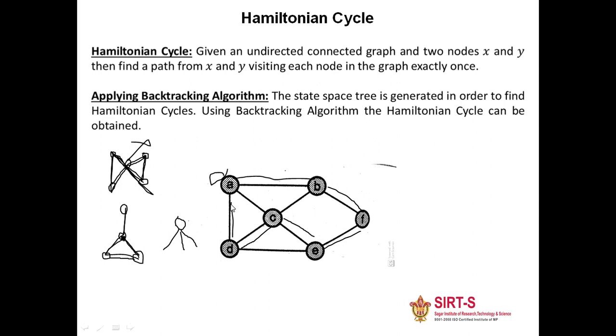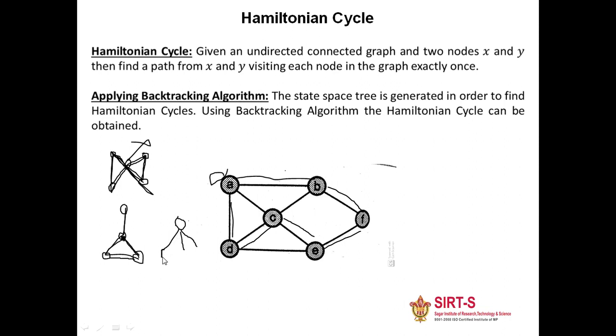If at any stage an arbitrary vertex makes a cycle with any vertex other than A, then we say that a dead end is reached. It means we'll have to come back. Otherwise, we'll get stuck, as in the earlier problem we have solved. In this case, we backtrack one step, and again the search begins by selecting another vertex and backtracking the element from the past step. So if we're stuck, we'll have to backtrack.